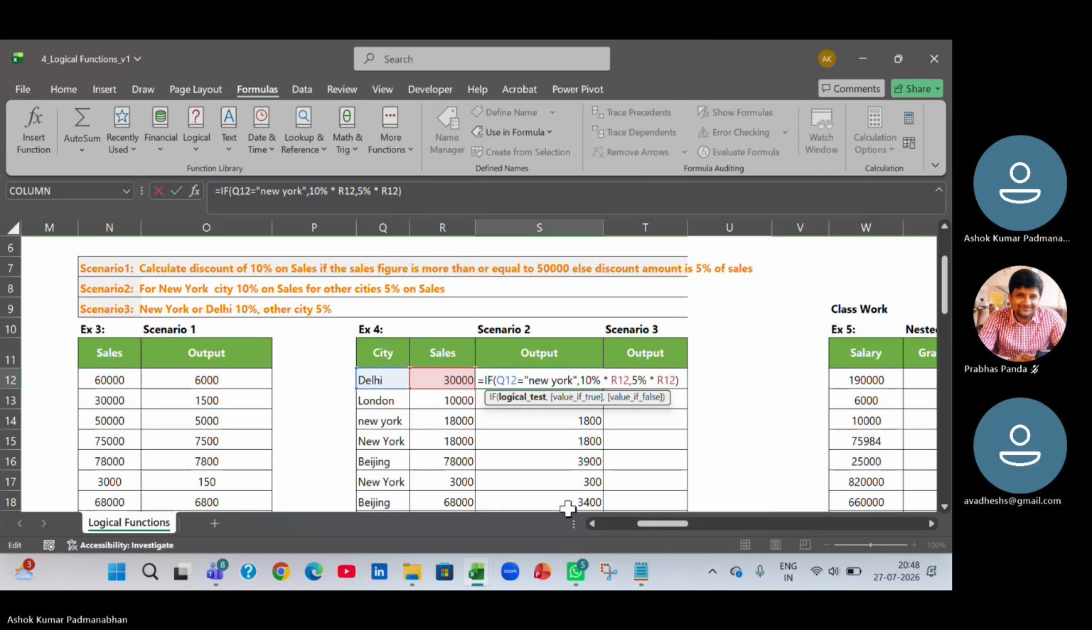Try this. Sir, just a minute. If Q12 is equal to